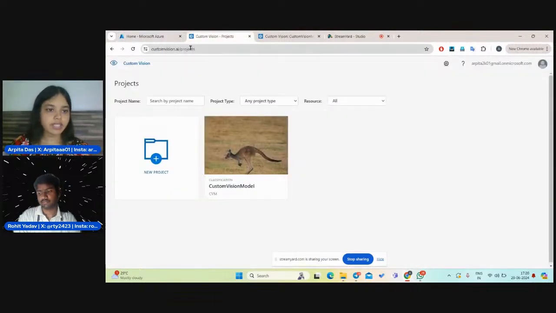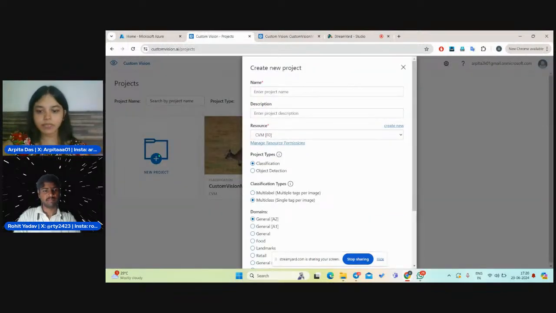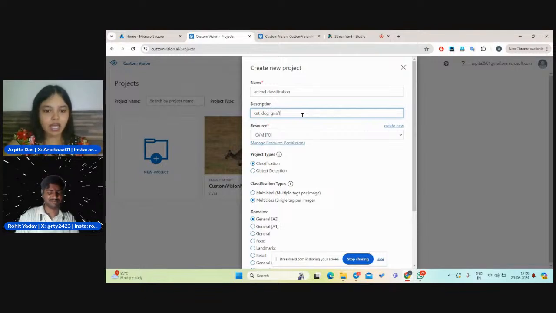So, we will go to the next portal, which is customvision.ai. You can simply search Azure AI Custom Vision and you'll land here. So, I have already created this model, but I'll show you how to create a new one. So, we'll go to new project. Now, here, let's say we enter a name. So, let's say I enter animal classification, and you can add a project description. Let's say I'm going to add different animals like cat, dog, lion, giraffe,